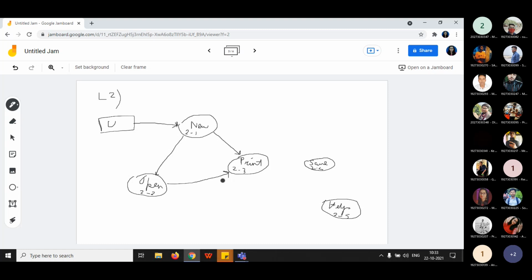Next, after doing all this operation, you can save the file. So from print, it is moving to the save process. From save, if you are facing any error, you can take help. So from save, it is moving to the help process. Now, user can either open a new file or open a file which is already saved. So that's why user is linked with the open process.